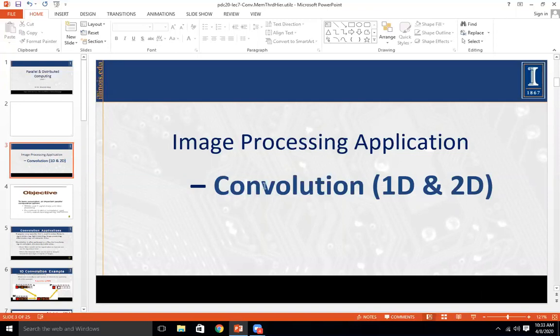This word is extensively used in image filtering, audio filtering, and also in the modern time for AI, when we talk of deep learning, convolutional neural networks. So it's one of the very well-known and applicable areas, convolution. We will look at convolution as a 1D convolution and then extend it to 2D convolution.